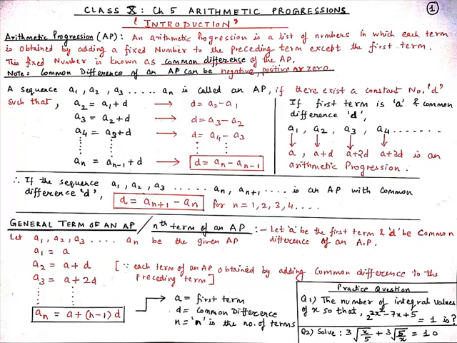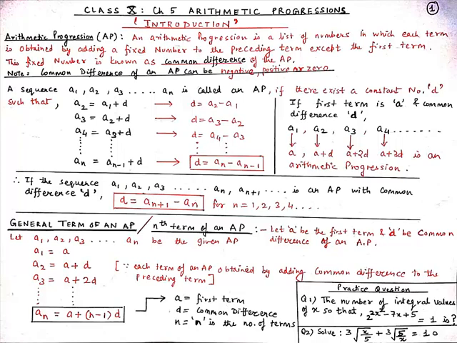So from here we find out the value of the common difference: if our sequence is A1, A2, A3 and so on up to AN, and we know that after AN the next term will be AN plus 1, is an AP with common difference D. Therefore our common difference from here is equal to AN plus 1 minus AN, for n equal to 1, 2, 3, 4 and so on up to n.